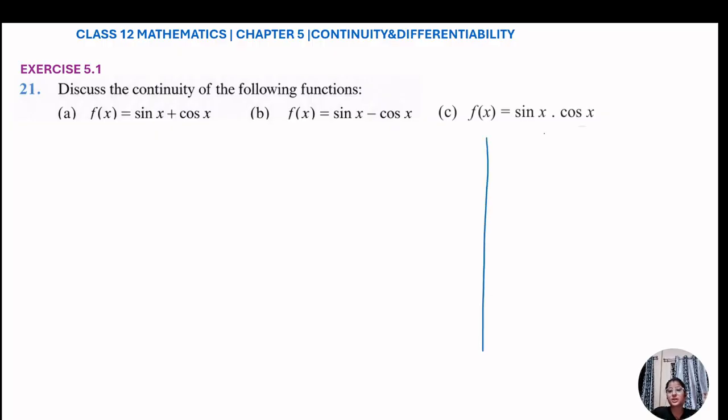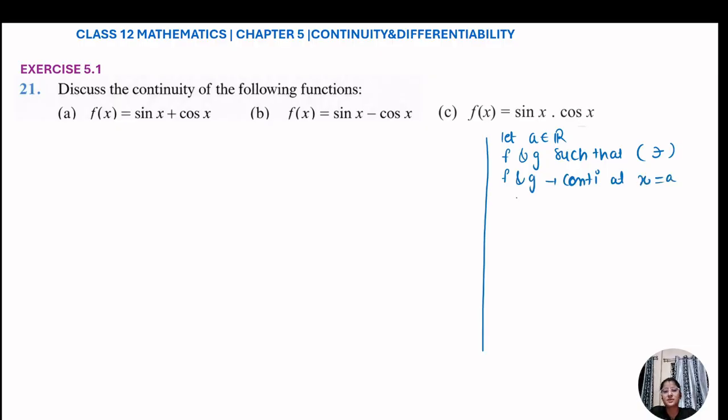What is the property of continuity? Let me state it for you if you don't remember that. Let a be any point in the reals where we have to check the continuity. If we have two functions f and g such that, and this symbol, the reverse e, is defined to say as such that, f and g are continuous at